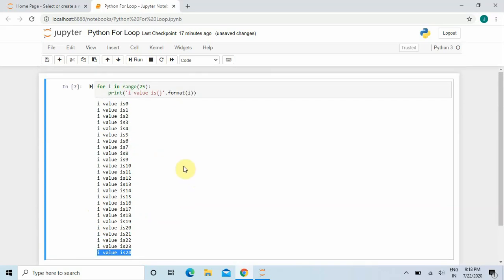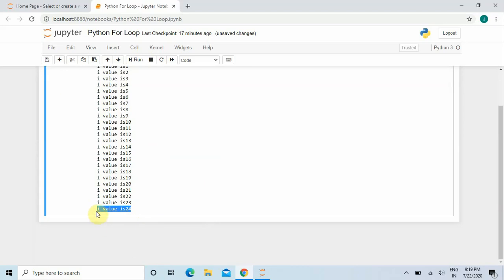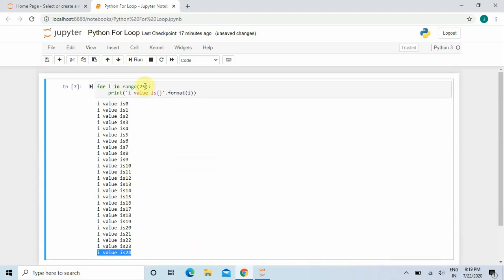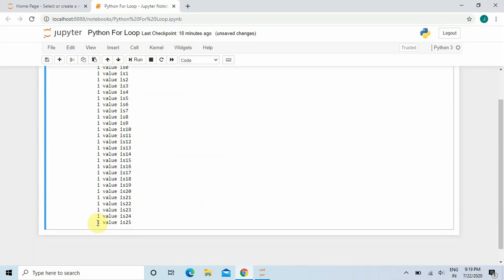Now if you want to display up to 25, suppose i will start from 0 and I will end the value at 25. So here you will write 26, and you will run it again, and you can see here that it is again starting from 0, and now the last value is displaying as 25.